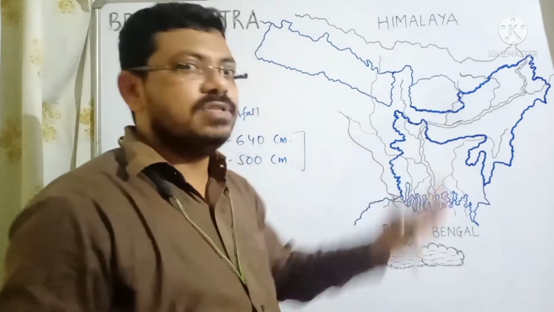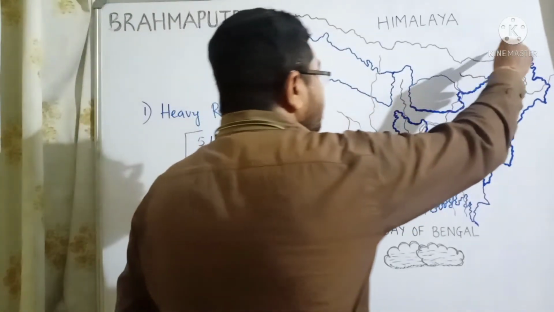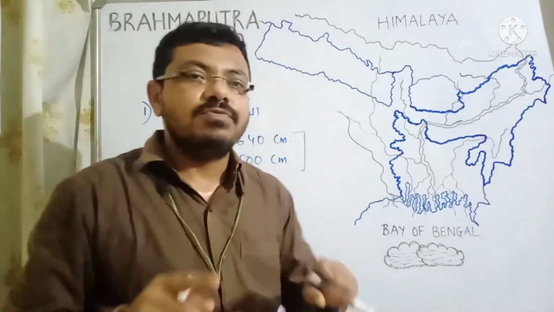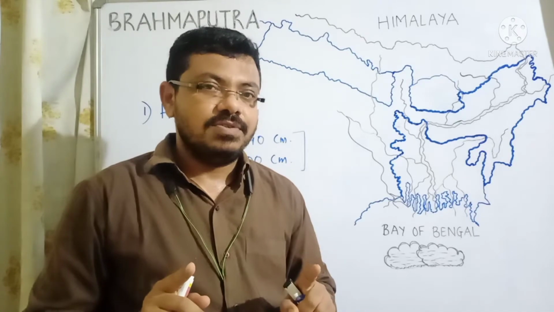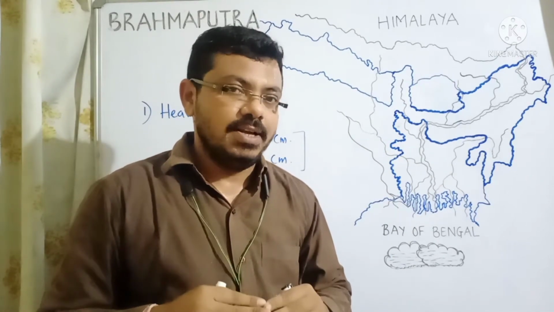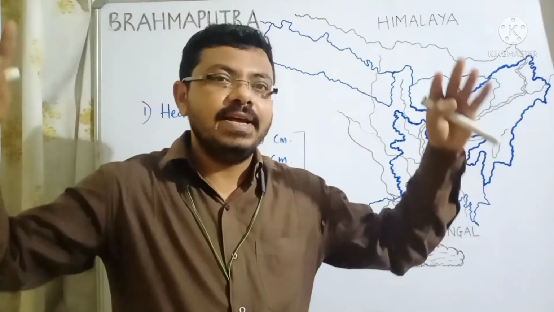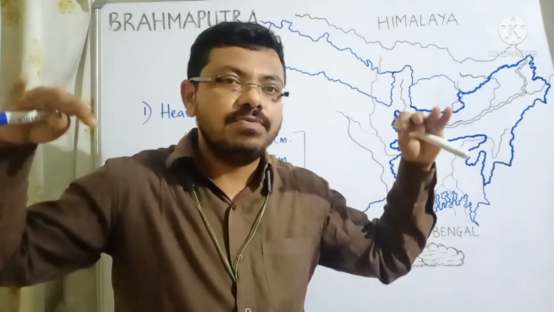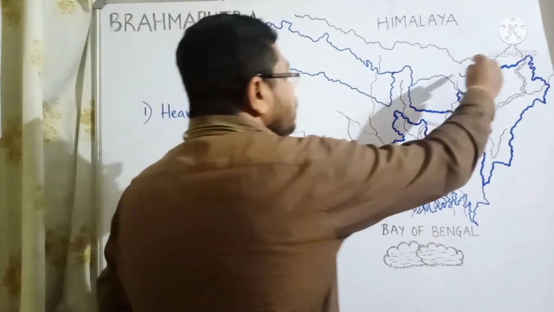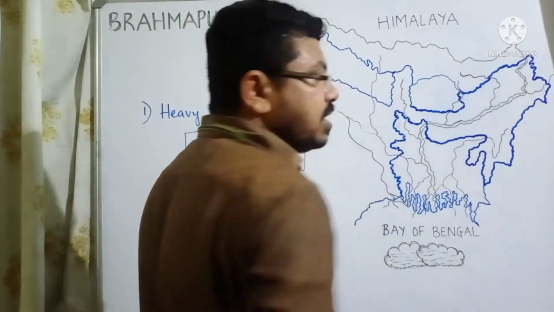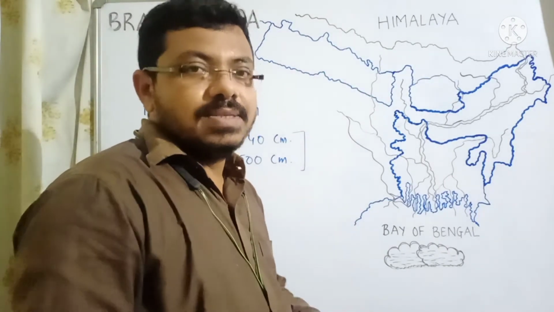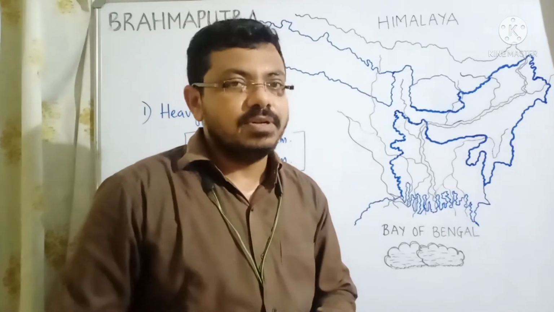Because if you see the physiography, the Himalayan mountain ranges border this Brahmaputra plain region from all sides, right? And it slopes towards the Brahmaputra valley. So wherever it is raining, that entire amount of water will flow into the Brahmaputra river. Plus, there are a lot of tributaries around the Brahmaputra river, which are submitting their waters to the Brahmaputra river, right?